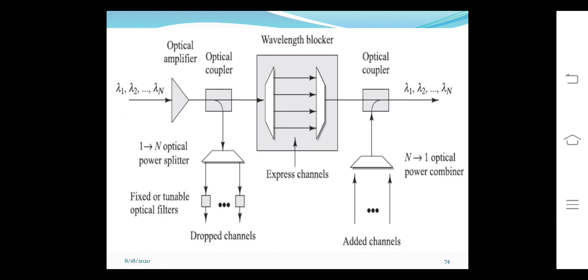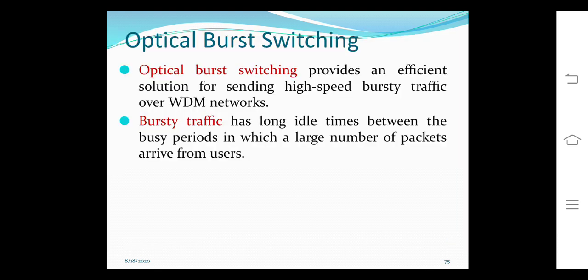And coming to the receiving side, again we have optical couplers. Whenever you want to add a signal, again you have to use an optical coupler, add those channels, and again it has to be transmitted. So wherever we need to drop a signal or add a signal, that is, add a wavelength to the existing wavelengths, we can add or drop, and that is the use of this. Reconfigurable means we can adjust this and do this add and drop from any remote place.